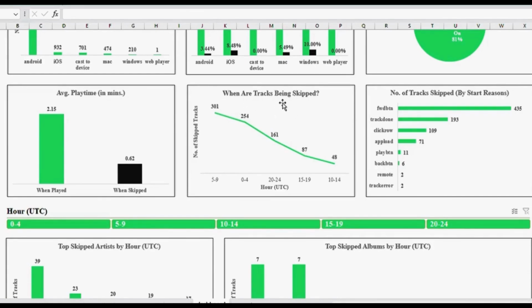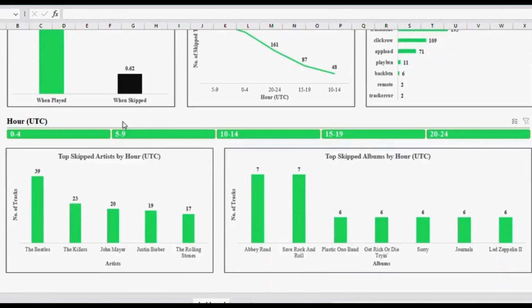Next, the when are tracks being skipped chart gives another observation. Most skips happen in the 5 to 9 UTC window in this case. Finally, I can also see the start reasons chart, which explains why a track was started.